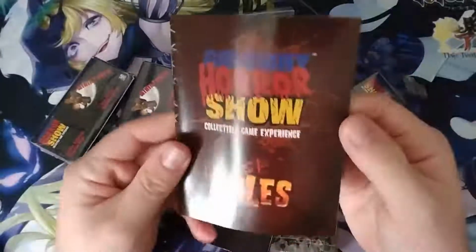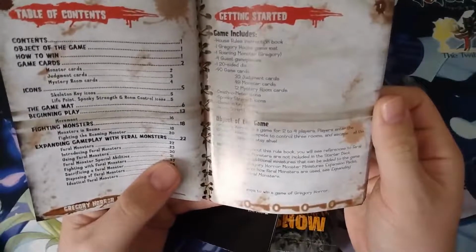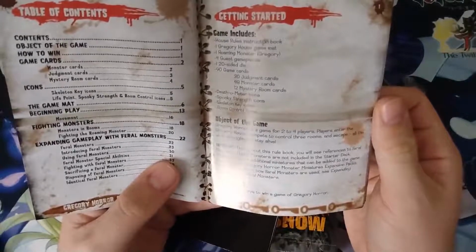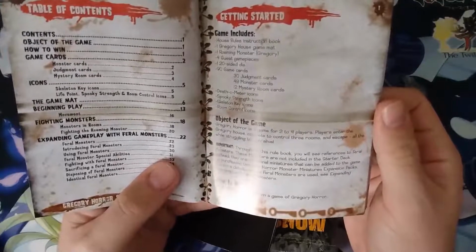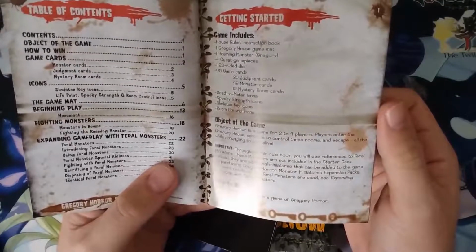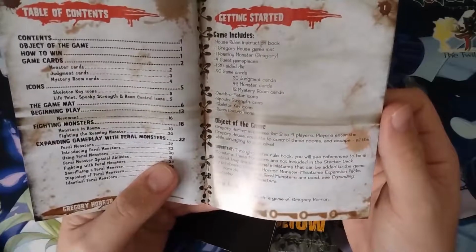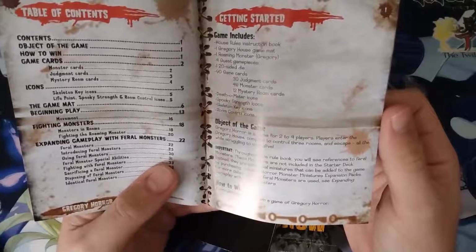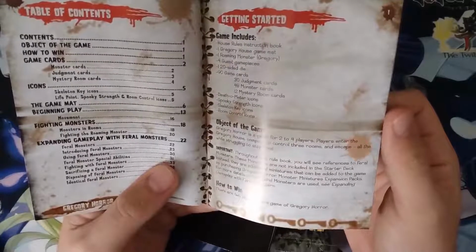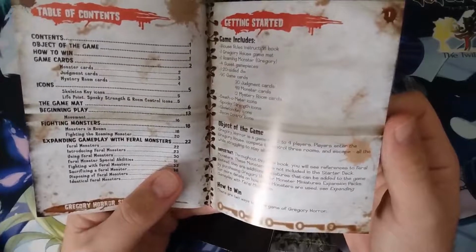So we got the house rules. Let's see. Object of the game: Gregory Horror is a game for 2 to 4 players. Players enter the Gregory house, compete to control 3 rooms, and escape, all the while struggling to stay alive. See, important. Throughout this rulebook, you will see references to feral monsters. These monsters are not included in the starter deck. Instead, they are additional miniatures that can be added to the game by purchasing Gregory Horror monster miniatures and expansion